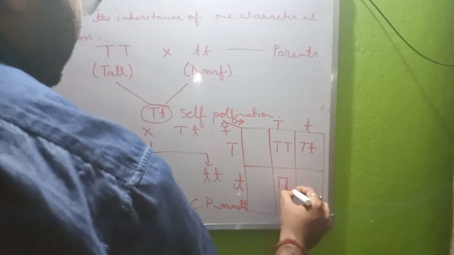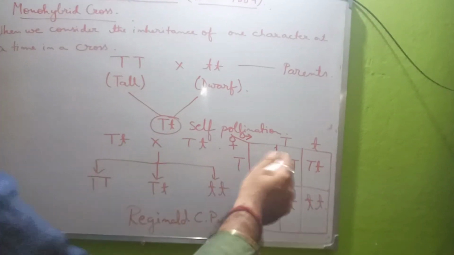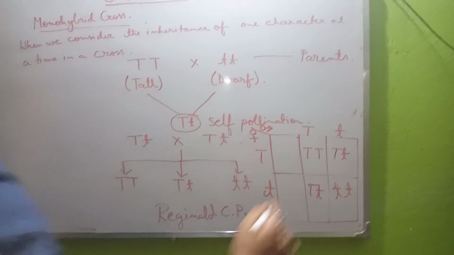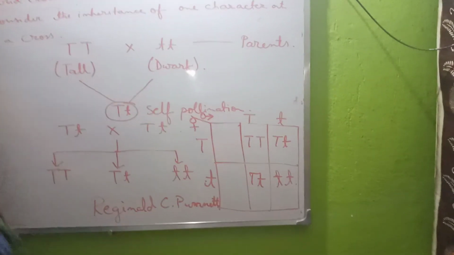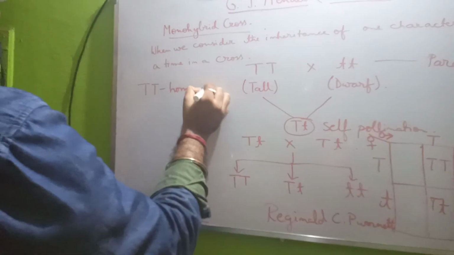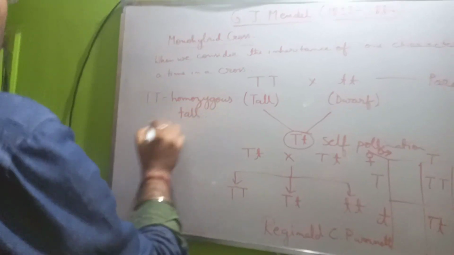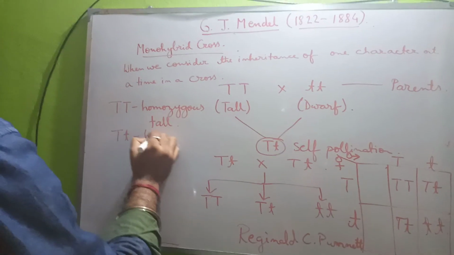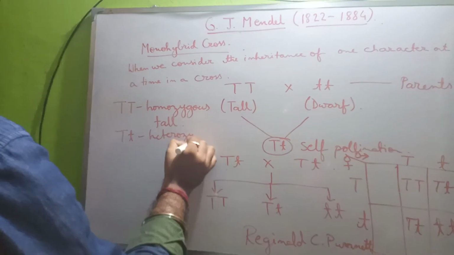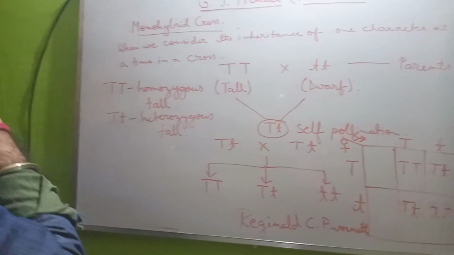This is T, small t, this is small t and small t. So from here, as you can see, two capital T's, as I said yesterday, is homozygous tall. Capital T small t is a heterozygous tall. It has both the dominant